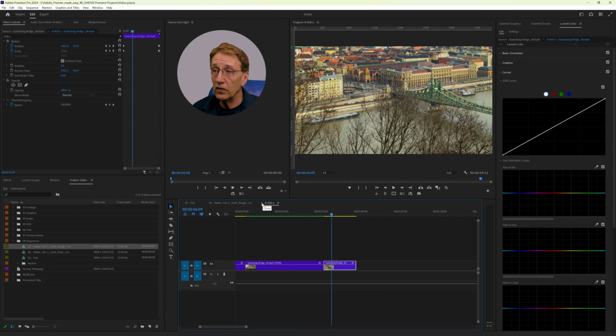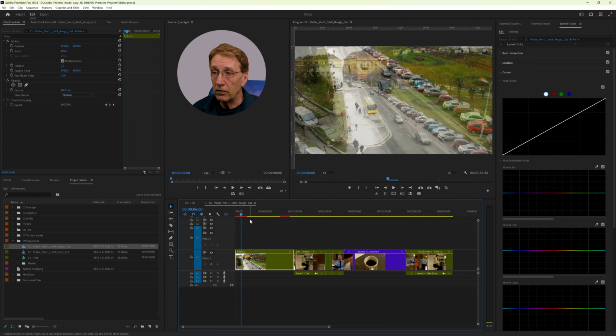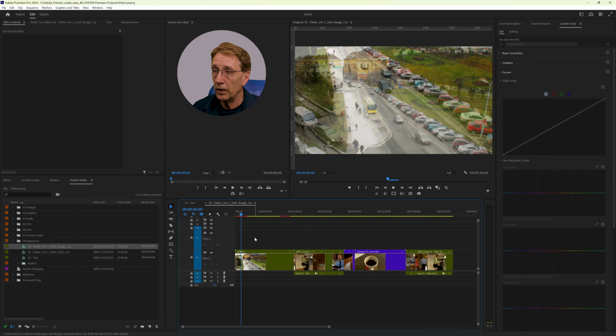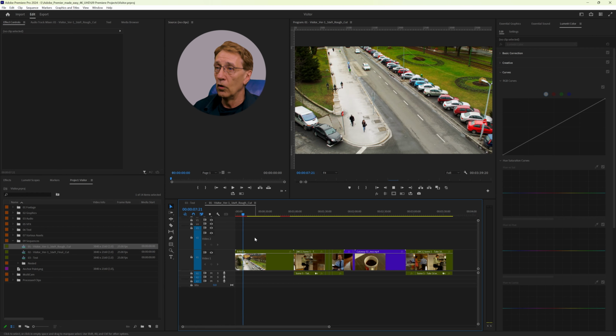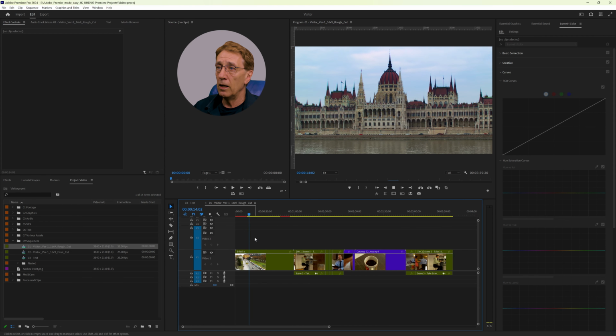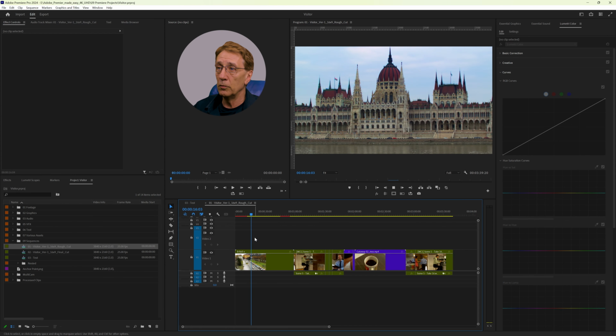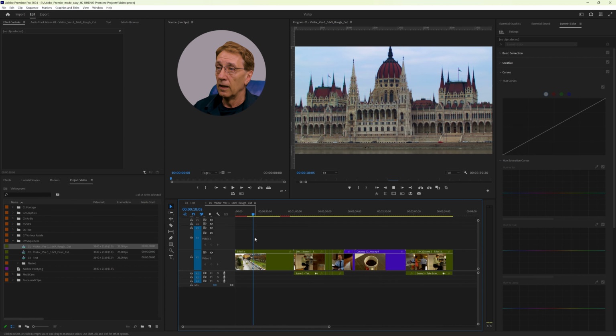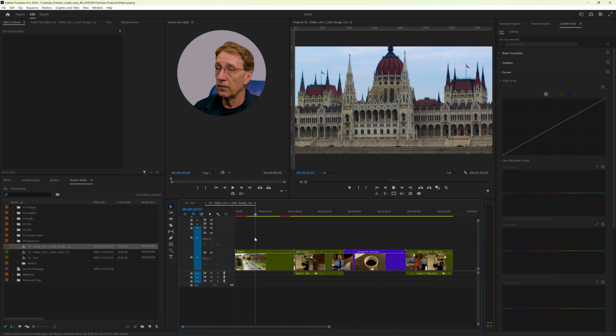Now I close the nested sequence and everything is now changed in our nested sequence, and we can play it. The first clips have no pan or zoom effect, and now comes the parliament, and you see the zoom effect which we did is now here.